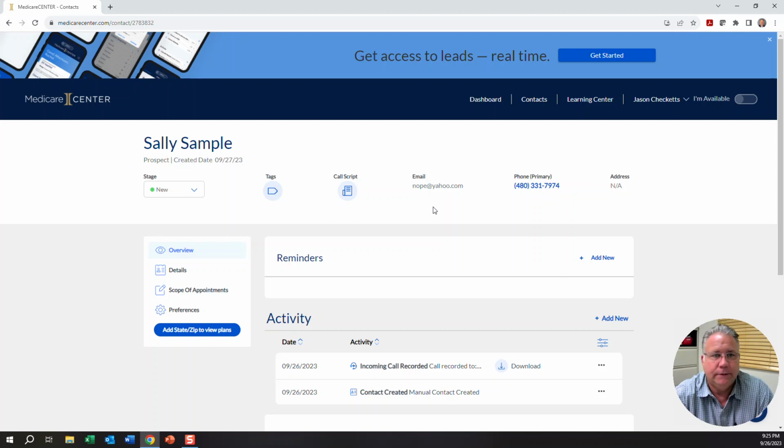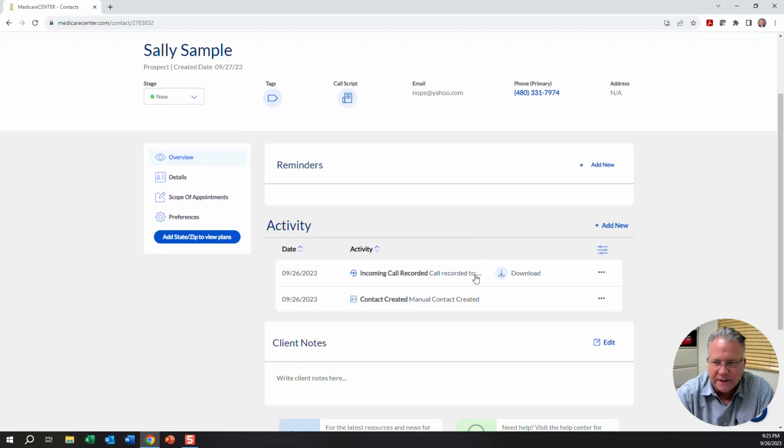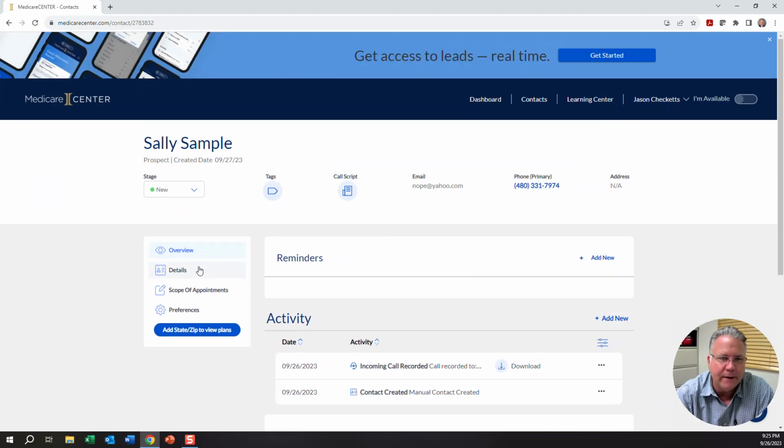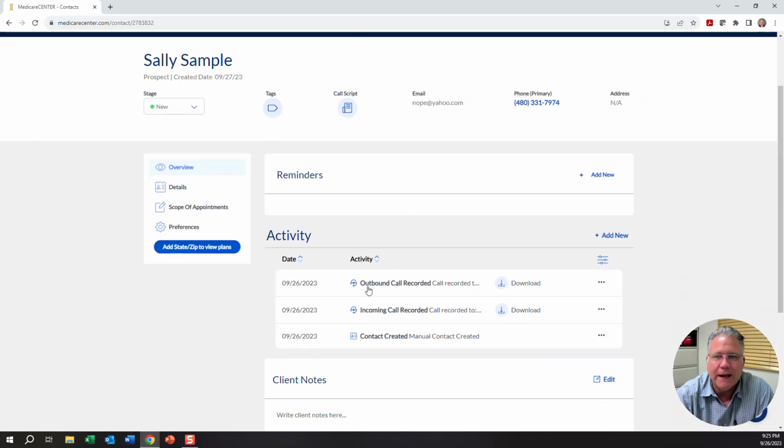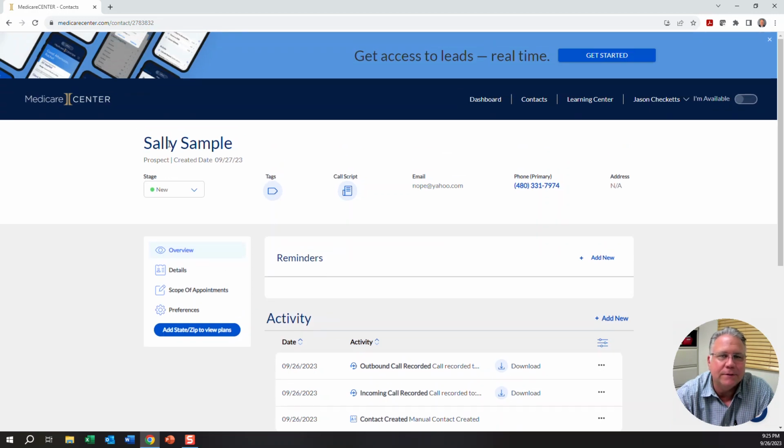Now, because I haven't refreshed the system, it kind of looks like nothing has happened in here. But if I just click on Overview again, or if I hit Refresh, check this out. There's your outbound call, already tagged into Sally Sample's profile. So now you have that outbound call already listed in here. No action